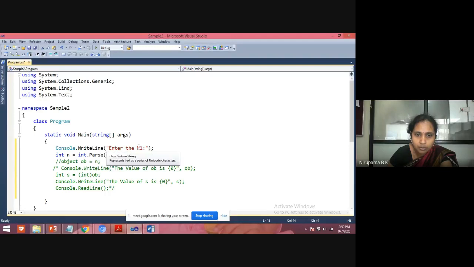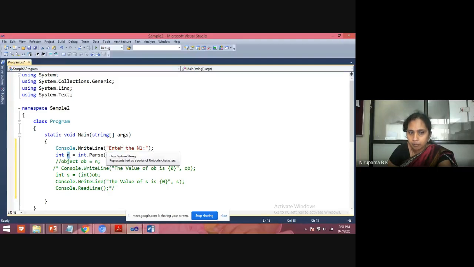Whatever value I take for the variable n will be in the form of a string, so we have to convert it explicitly. It is like type conversion. How do we do explicit type conversion? We write int.Parse(Console.ReadLine()).